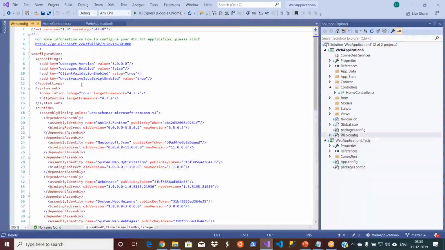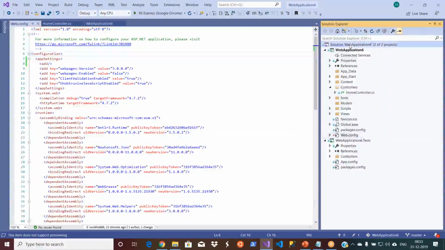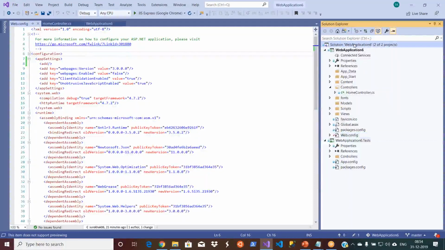Let's add something like that. Okay, this is my bug fix. So generally what happens now, I'll go and commit this.